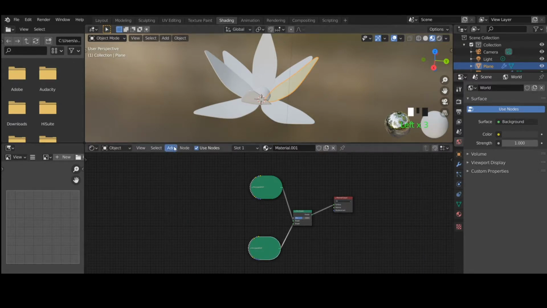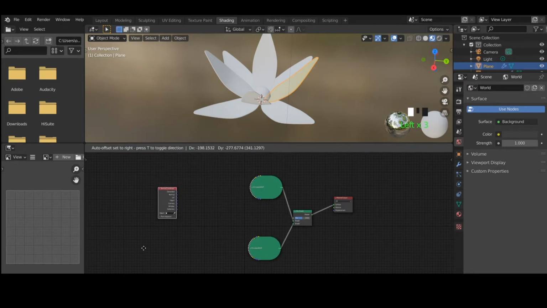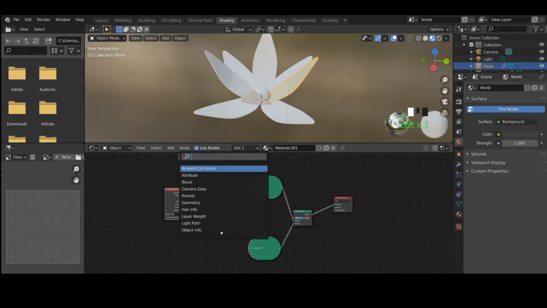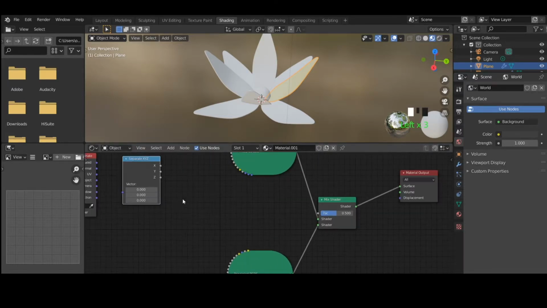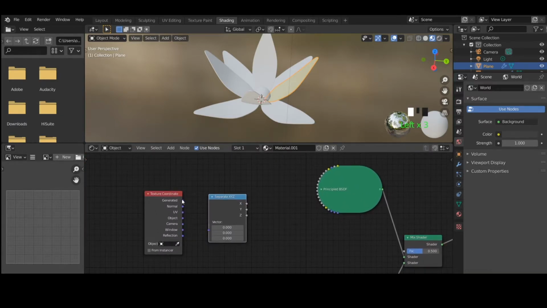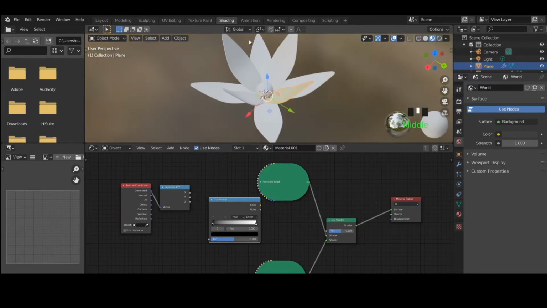Now let's add a texture coordinate and then add Separate XYZ. Now get the generated output and put it into the input of the Separate XYZ. Now let's get another node. This time I'm getting a color ramp. Put the X, so if you come over here and enable the local axis,